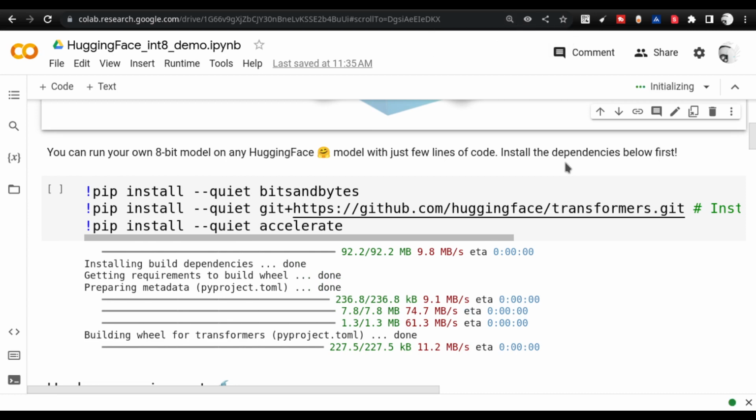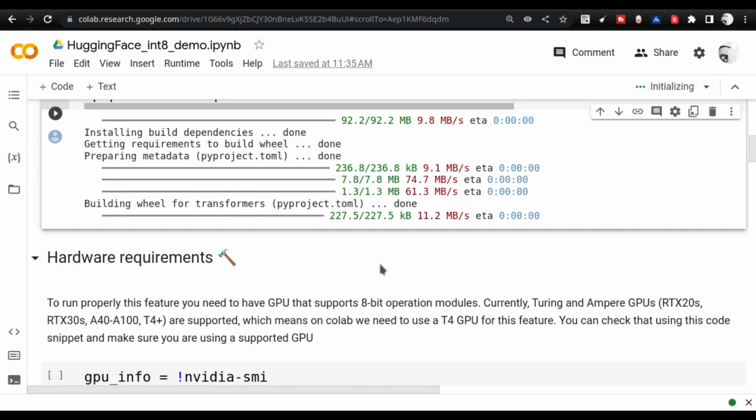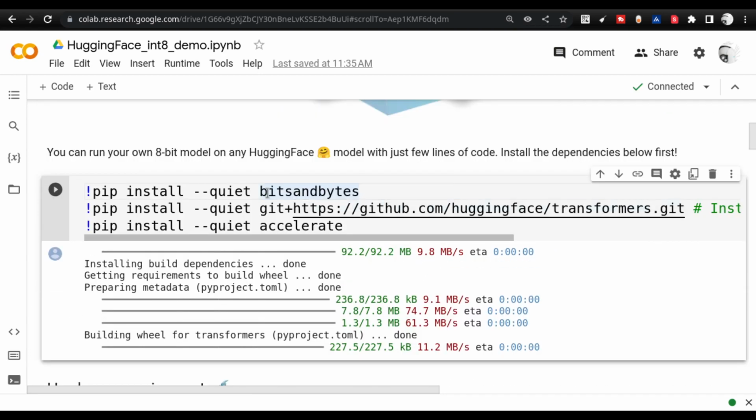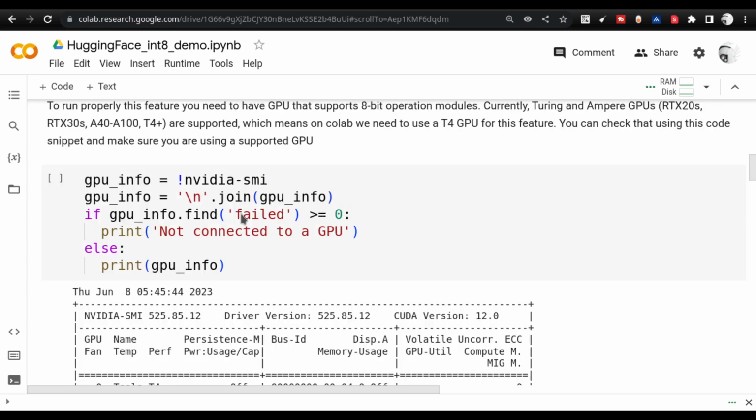Okay, here I will just run through the code by the time it initializes. Here, we are going to do some magic with bitsandbytes and accelerate. These are the 2 libraries that are required if you are going to run the Transformers model inside the GPU, and also if you want the model to be quantized to 8-bit. So for that, you need these 2 libraries. Go ahead and install them. Once you install them, it will take a little bit of time. So in the meantime,